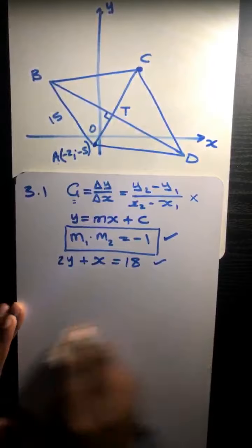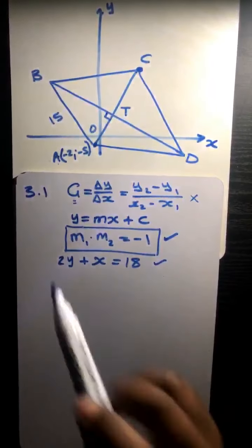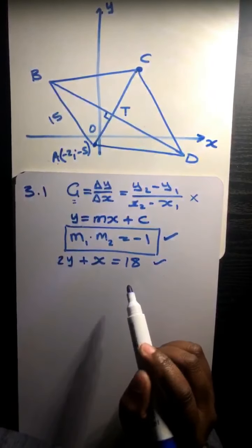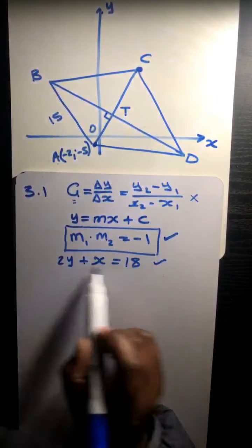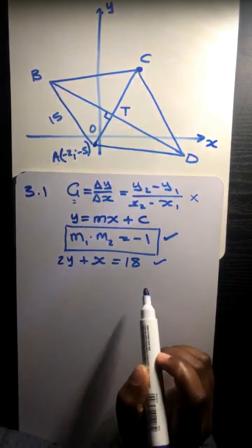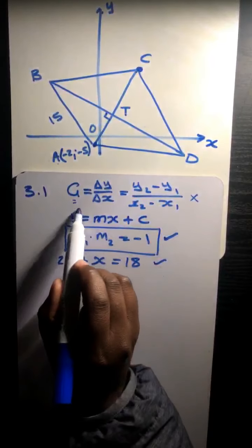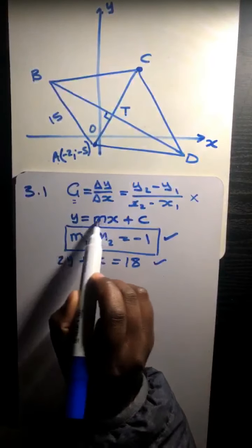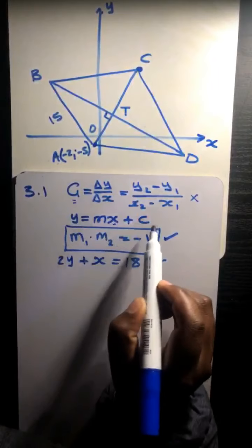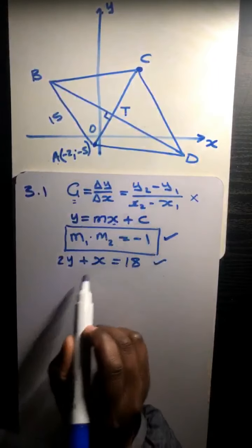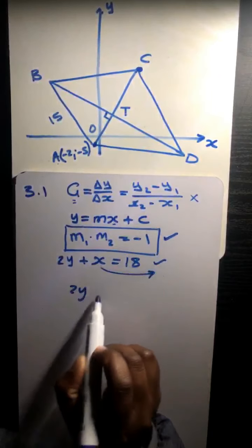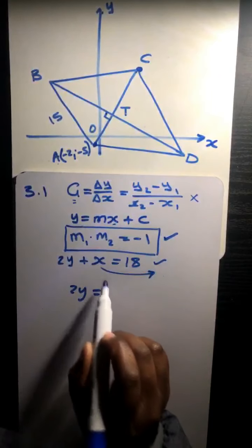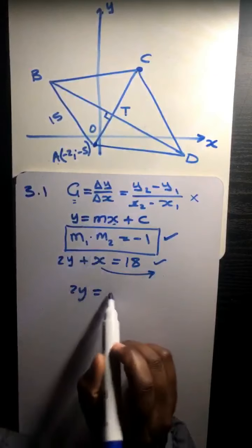Okay, so let's try to work it out. The first thing that we need to do is rewrite this in the correct standard form. We just want to have y equals whatever has x and a constant. So that means we need to move everything to the other side so that we just remain with 2y there. Obviously this one changes sign, it becomes